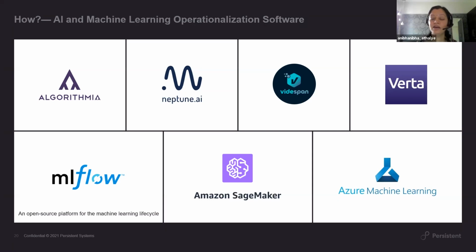There are a lot of other tools, but these are some that I've been using, which provide very good features as far as experiment tracking and analysis is concerned, or versioning of the models. For the purpose of this demonstration, I'll be using MLflow, which is one of the open source tools.